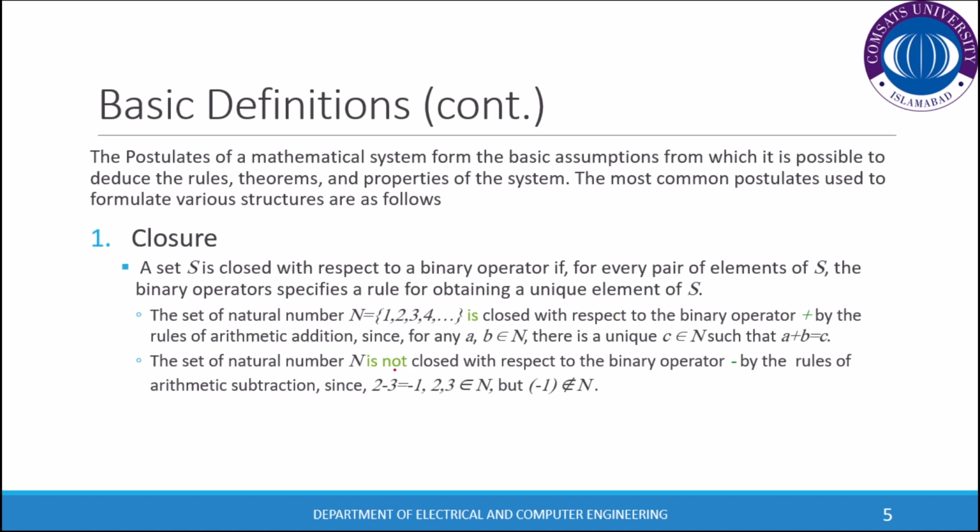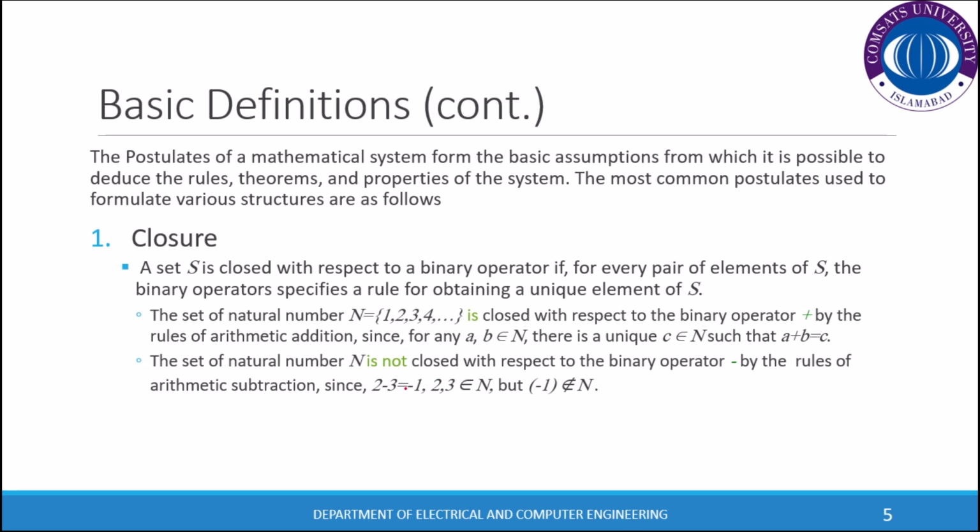So when we talk about natural numbers, we can apply some binary operators on them, as we all know, and that is the arithmetical operation, addition. When we apply addition on any of these numbers, we will get a result, and that result should also belong to N. If I add 2 plus 3, it gives us 5, and 2 and 3 belong to N, and 5 also belongs to N. So I can say that the binary operator plus is closed on N.